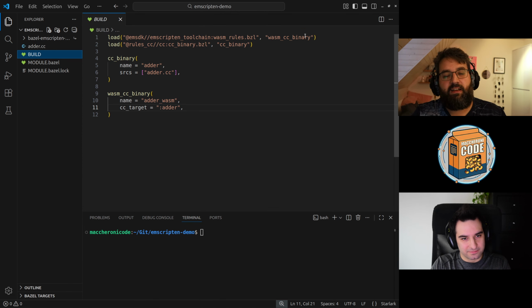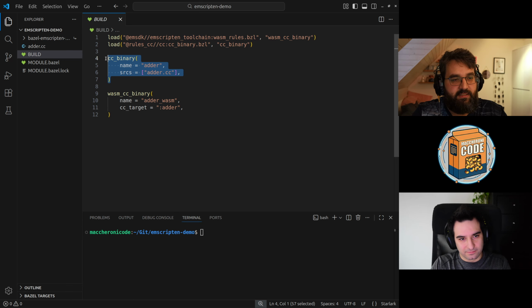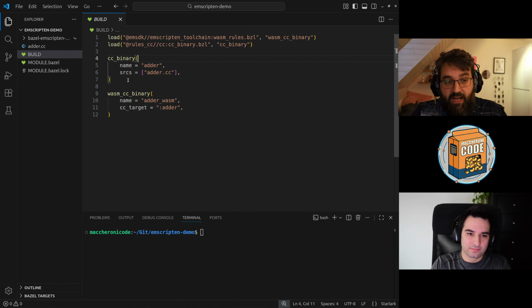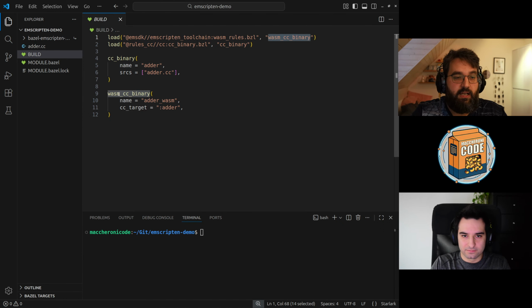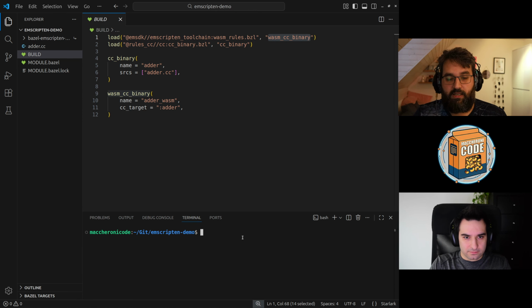So in our build file, we are including these two rules, and specifically we need a cc_binary rule which defines a C++ binary. In this case, it is a really simple one with just one file, and then we have the wasm_cc_binary, which takes a cc_binary and converts it to WASM.